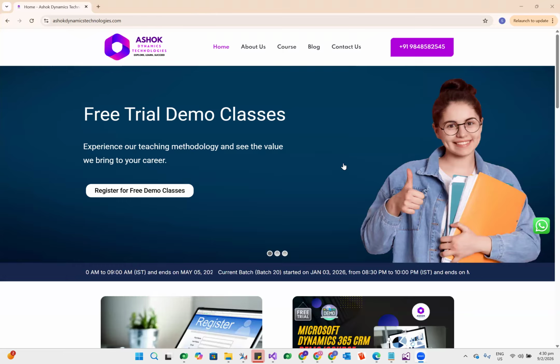Do you have experience with workflows? Yes, sir. What is the importance of workflow? By using workflow, we can automate the business requirements. For example, if we have a requirement to send an email to the customer, we will use the workflow. When you compare workflow with the plugin, can you let me know the difference between both?